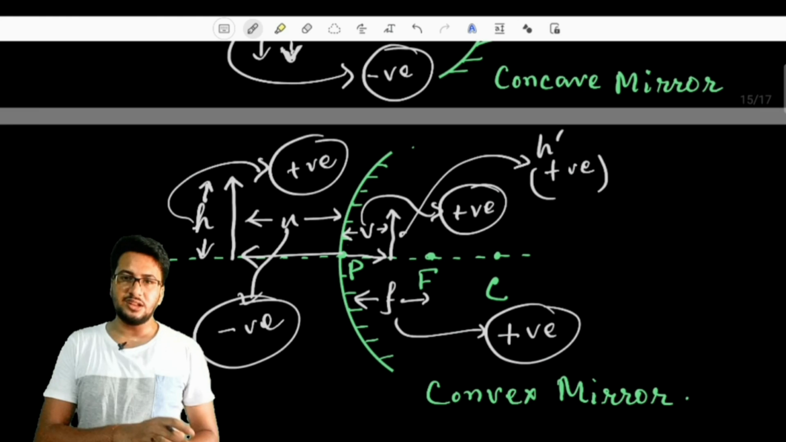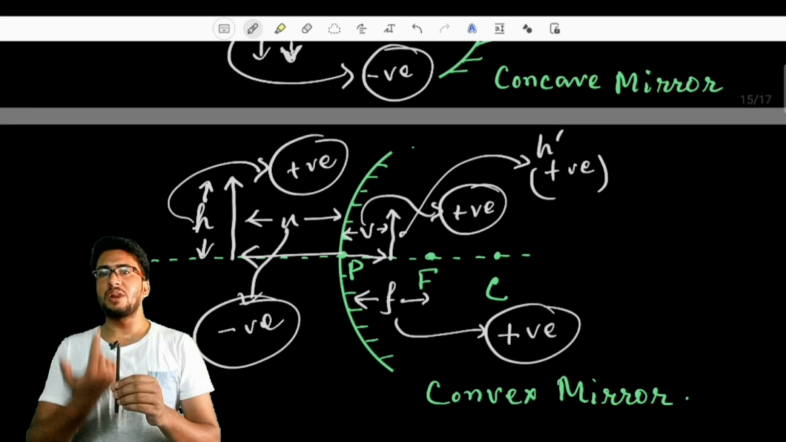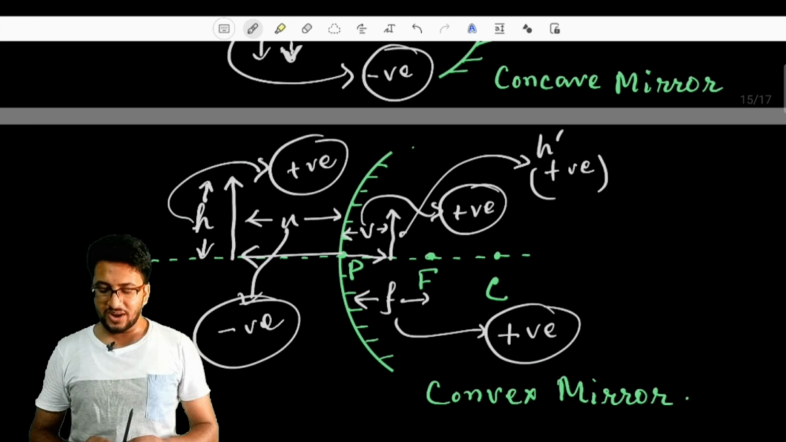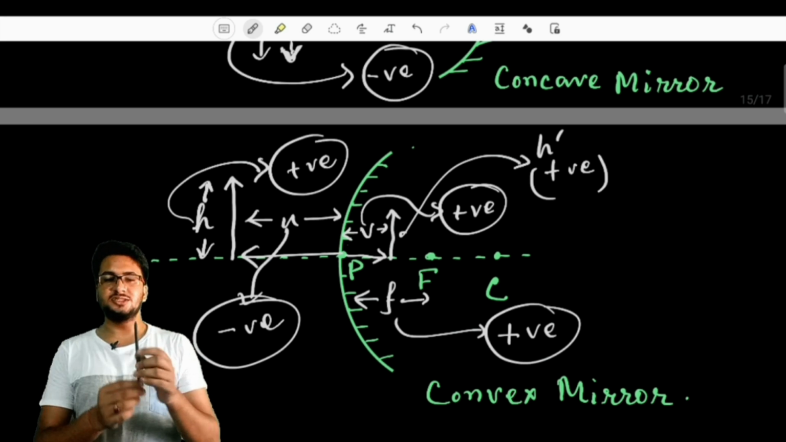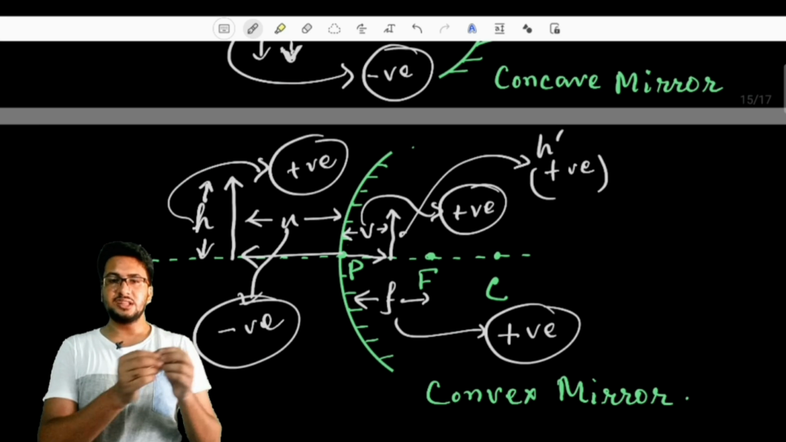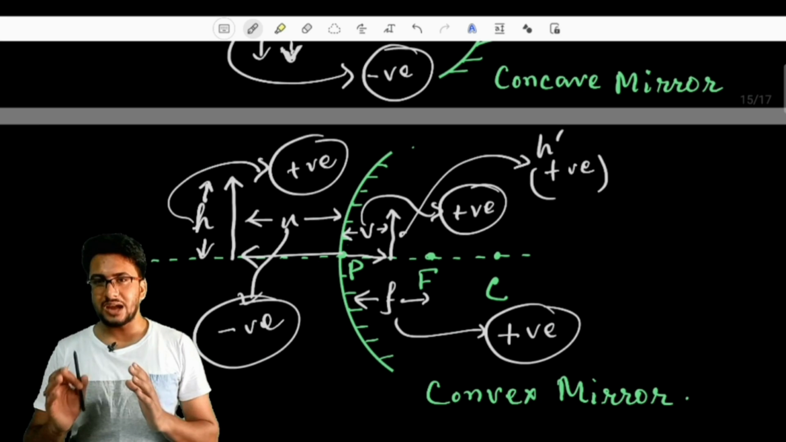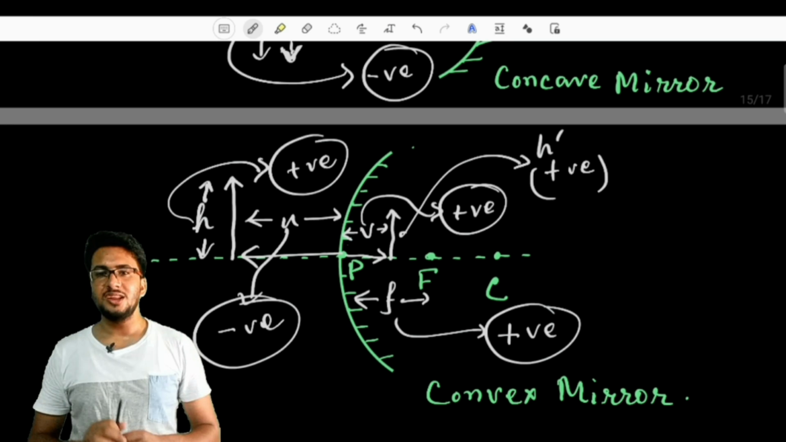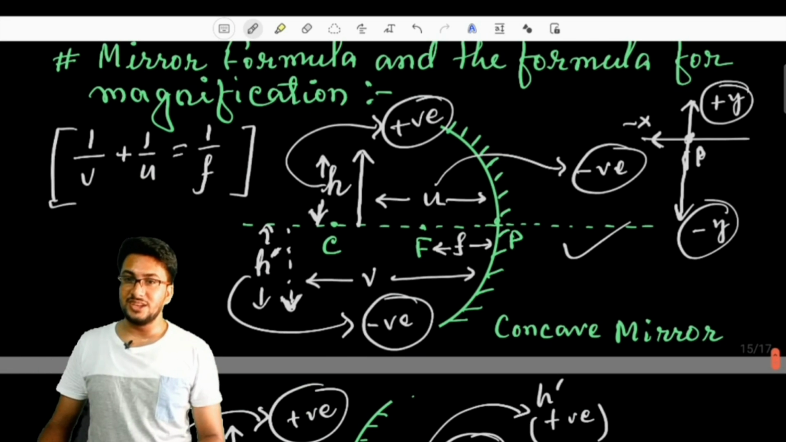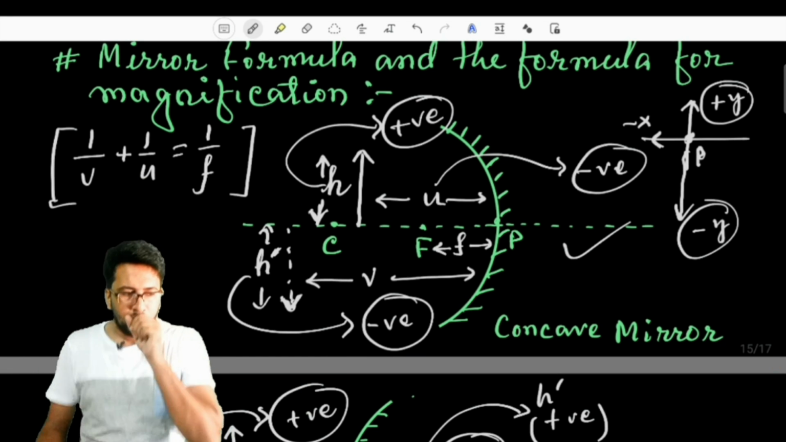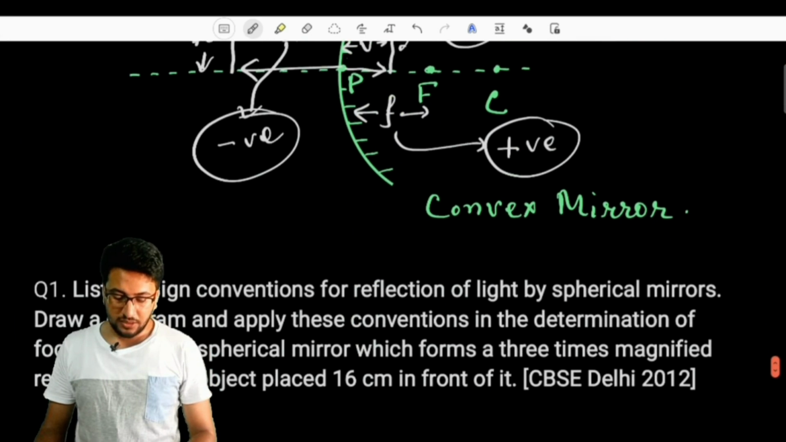The image is formed at the right hand side of the mirror, doesn't matter. But to measure the height of the image, we need to follow the plus y axis. And for a convex mirror, the image formed is always erect. That means as the object is kept, similarly the image will be formed. And for such a case, the height of the image is also maintained as a positive quantity. Fine. So all this we have to follow while forming the ray diagrams and